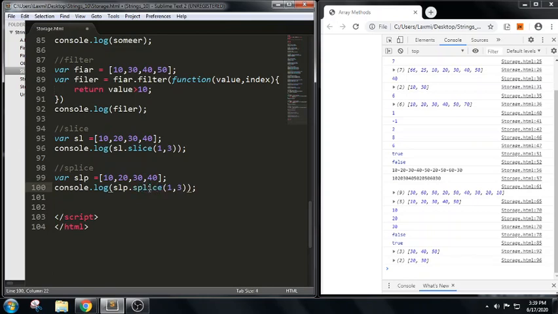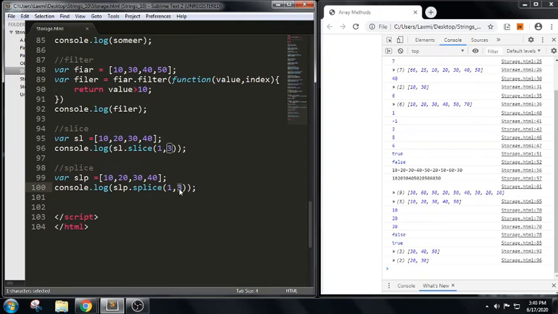I am trying to use splice here. So splice will have three arguments. First one is where we need to insert, how many to delete, and how many to update. For example, if it has only two arguments, the first argument indicates from where we need to start, and the second argument indicates how many elements we want to delete, and the third argument indicates how many elements we need